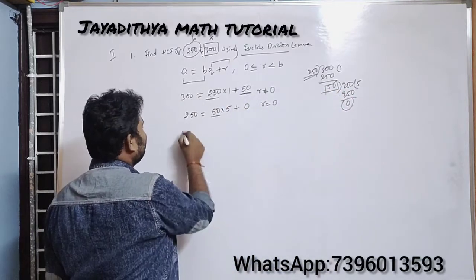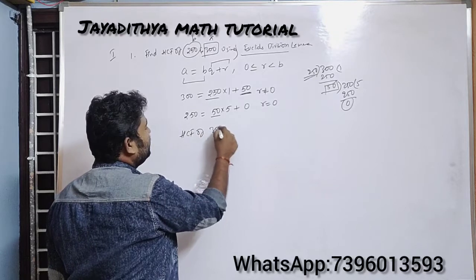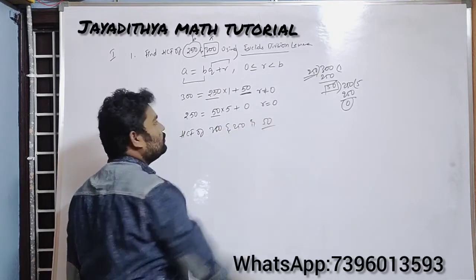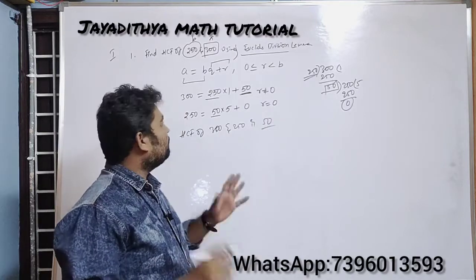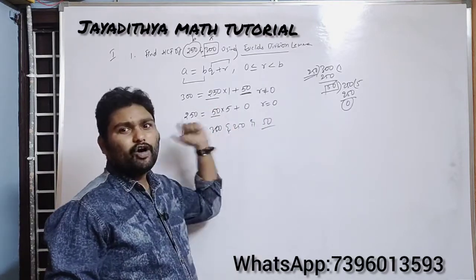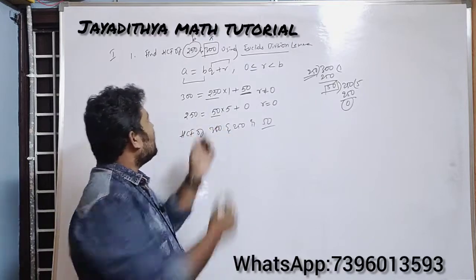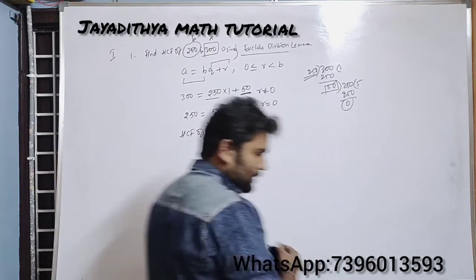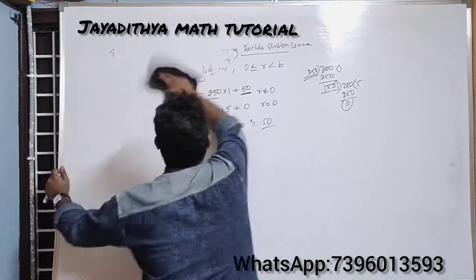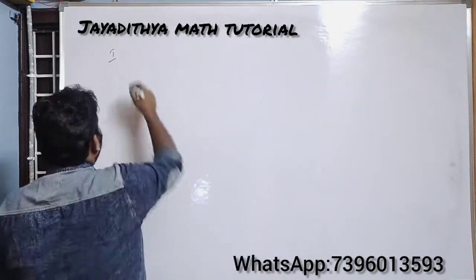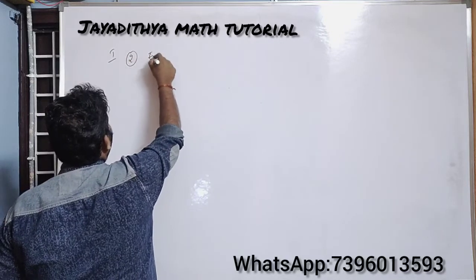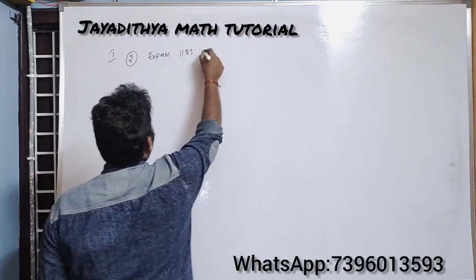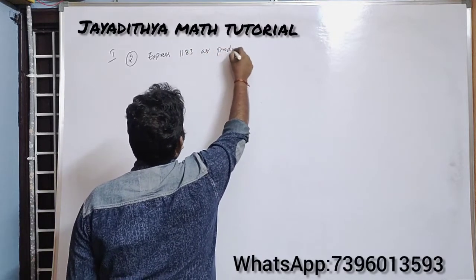So here also, what is the HCF now? The HCF of 300 and 250 is 50. This is the first problem, which is given for 1 mark. That's why I am not writing all the conditions every time. If it is given for 2 marks, you can write apply EDL on 250 and 50, like that you can prolong the solution. Let us go for the next problem. See here, the second problem is: express 1183 as a product of primes.